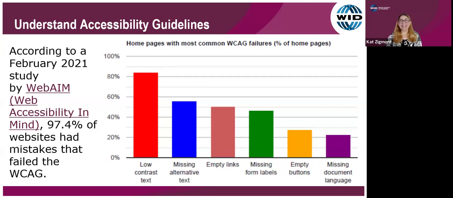I will say that this is disappointing in that these are pretty easy things to fix. I talked about automated testers as part of the process. Well, contrast testers are free and easy to use and available. So to me, having low contrast as the top issue is somewhat inexcusable because it is a really easy problem to solve. So this is why we are all working here, because people don't entirely understand how they can make their products accessible, right? All right, so